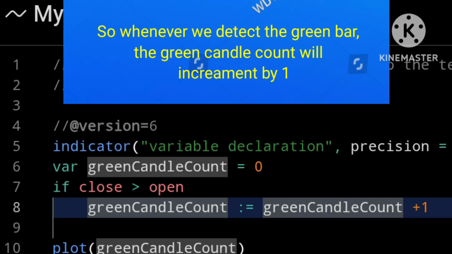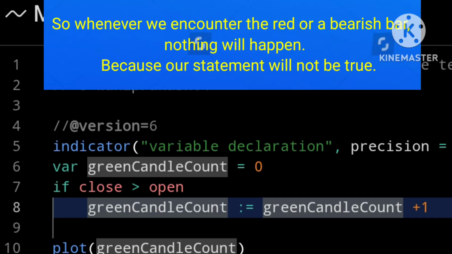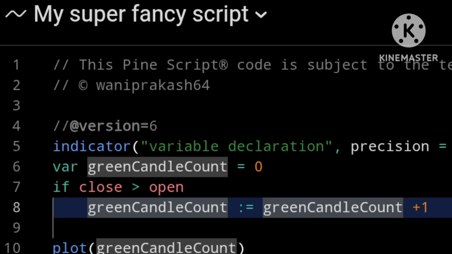And so whenever we detect a green bar, the green candle count will increment by 1. Whenever we encounter a red or bearish bar, nothing will happen because our little if statement here will not be true. And don't worry, we will cover if statements in more detail in future lessons.